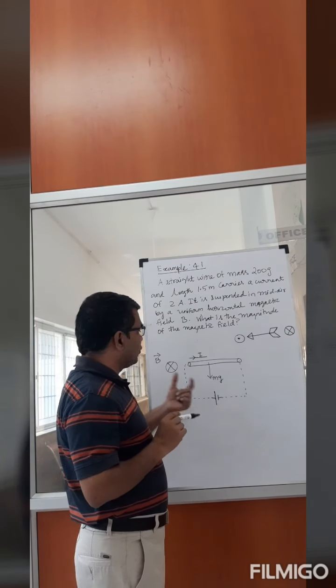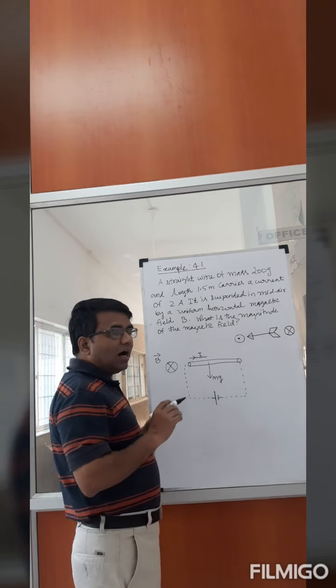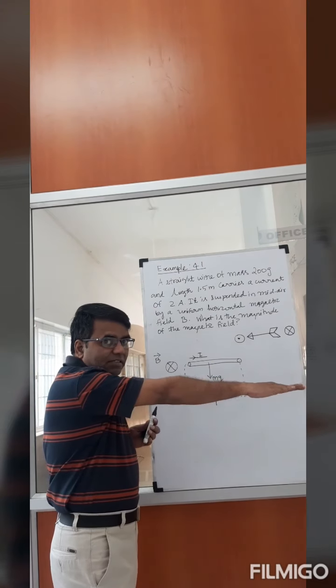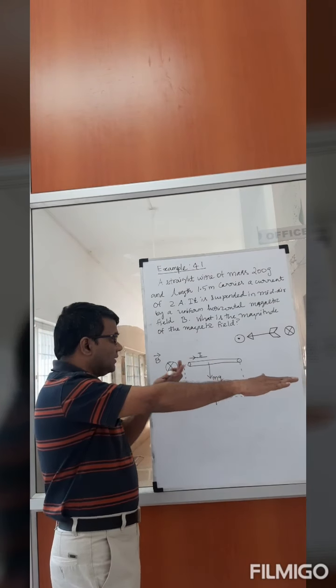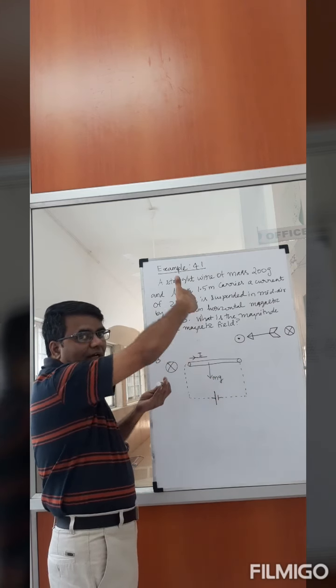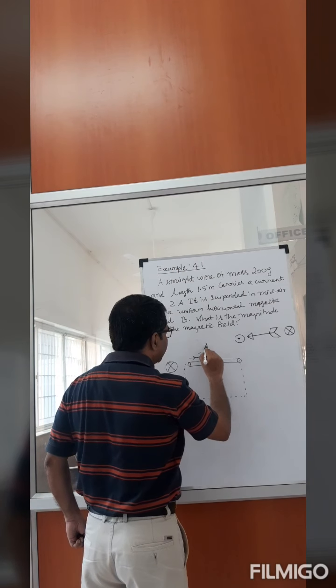So, what is the force experienced by the conductor? It's going to be IL cross B. So IL is in this direction, B is in this direction. So IL cross B, then I'll get an upward force. So that upward force